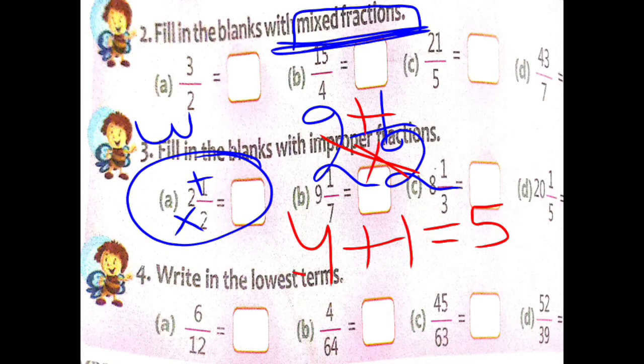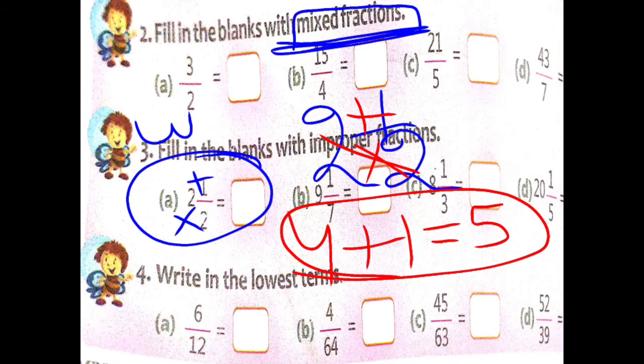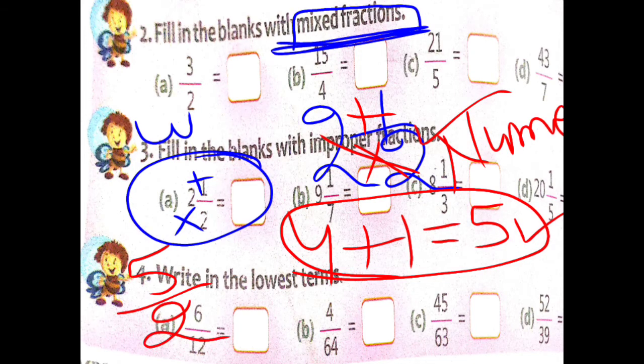So we solved the above portion. What am I talking about? Numerator. The numerator will be 5, and the denominator is the same, 2. So how can we write it? We can write it 5 upon 2. Now you can tell me what it becomes: proper fraction, improper fraction, like fraction, unlike fraction? You can write in the comment box.